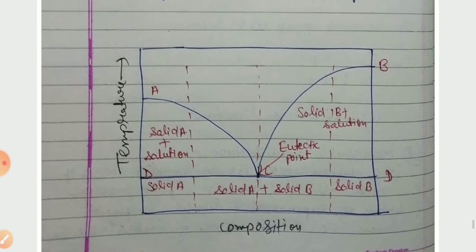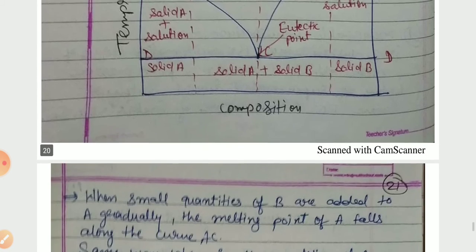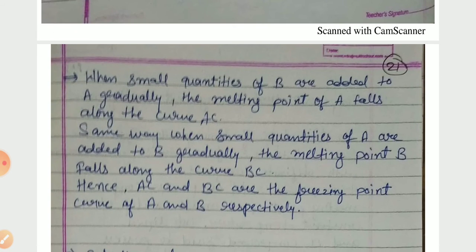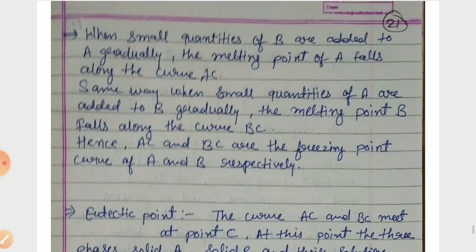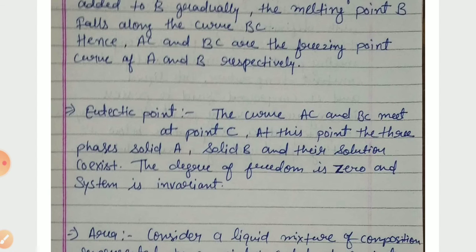Here you can see if a small amount of A is added to B, the melting point of B will reduce to C. Hence the curves AC and BC are the freezing point curves of A and B respectively. Now what is the eutectic point? The curves AC and BC meet at the point C. At this point the three phases, solid A, solid B and their solution, coexist, and the degree of freedom is 0